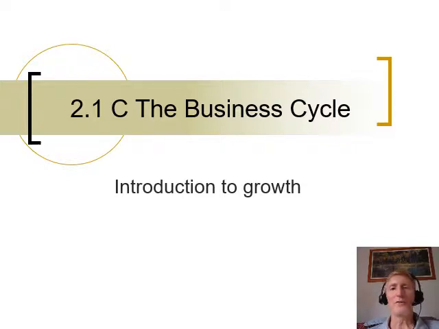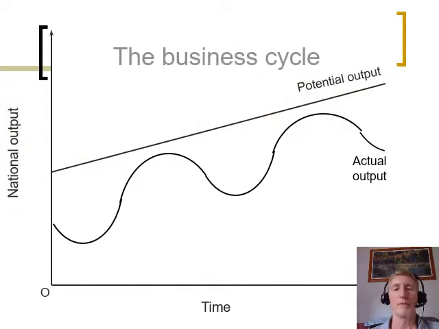Hi everyone, this is a short video on a very basic macroeconomic model, very simple, the business cycle. The model shows output on the y-axis and time on the x-axis, where changes are going to be happening. This can be related to the PPC model where there's a potential output,